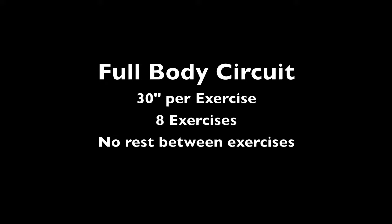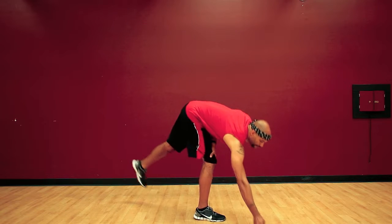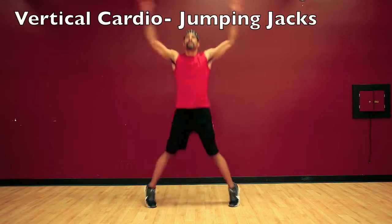For our circuit training, we're going to do a full body circuit. We're going to have 30 seconds per exercise with 8 exercises and no rest between each exercise. Basically just transition time. So we set the timer and we're going to get started with our vertical cardio, which